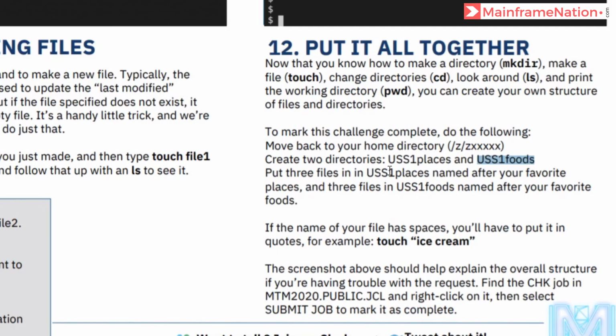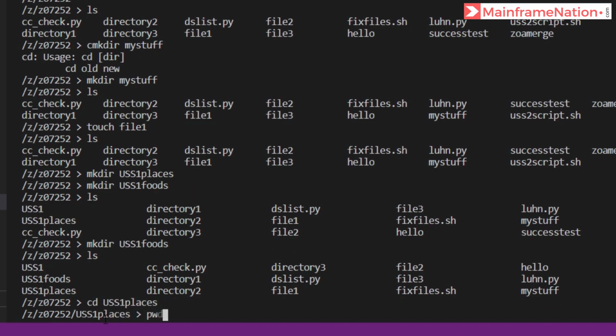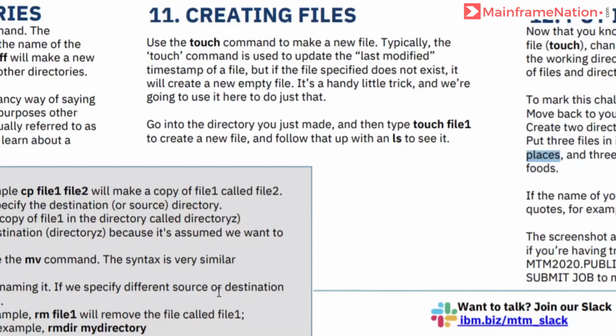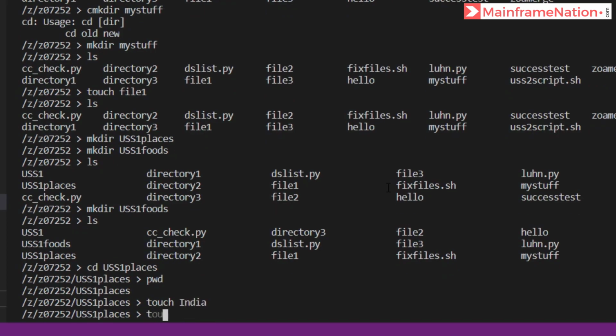Put 3 files in USS1 places named after favorite places. So go to change directory USS1 places. Present working directory is USS1 places. Create 3 files based on favorite places. Let's give India. Then let's give Delhi.